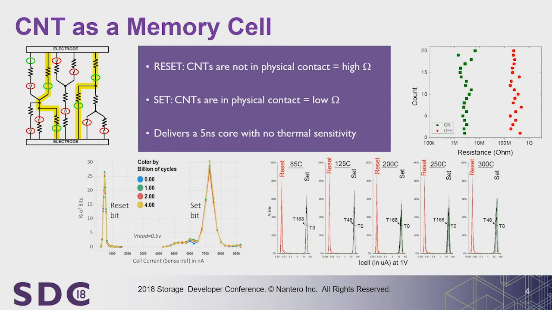So we talked about how the cells work, the individual carbon nanotubes. Let's now build something with this. What we're going to do is take a bunch of these carbon nanotubes and put them into a memory cell. So it's not a single connection of one nanotube. It's literally going to be hundreds to thousands